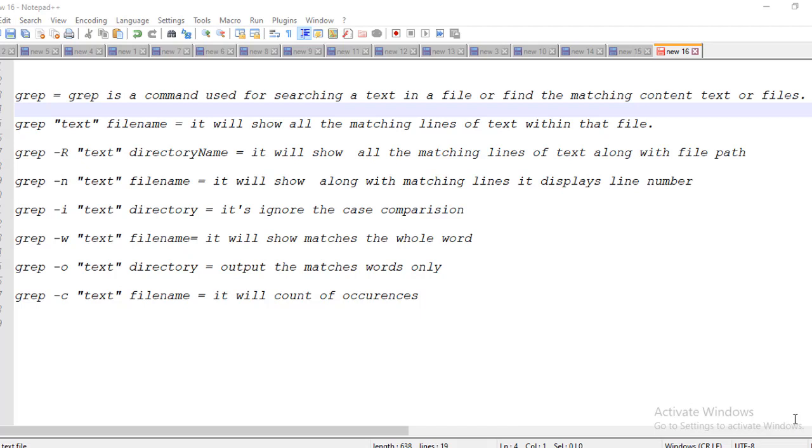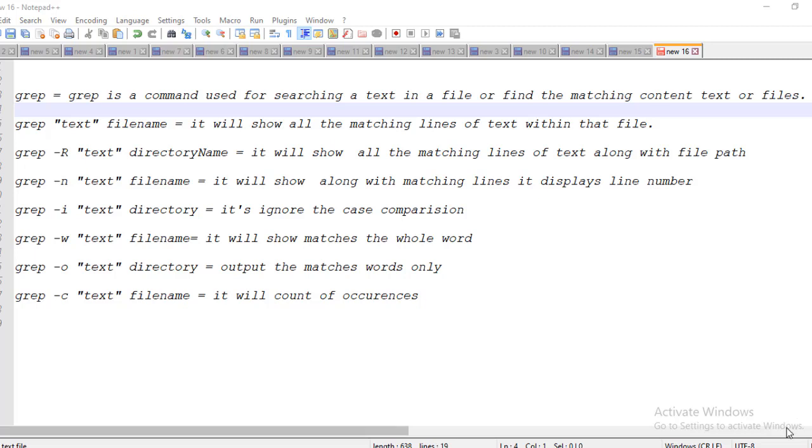So in the last videos we've already seen how to create files and directories, how to redirect from one directory to a file, or how to redirect files from one directory to another directory, and how we add a user and convert a normal user to a sudo user, a super command user. All these things we learned in the previous class.